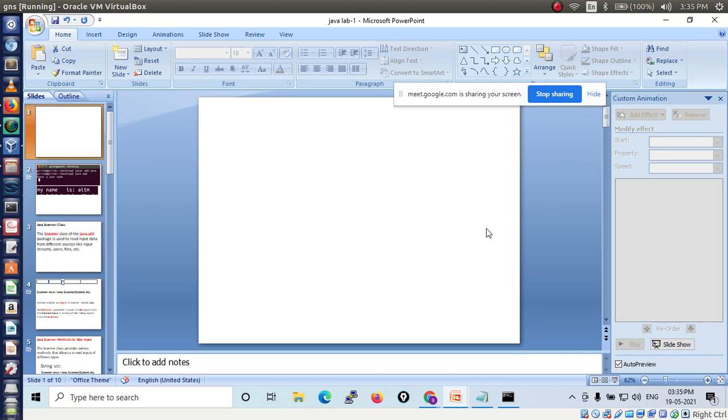I told this line three times, right? System is a class, out is an object, println is a method. Is that clear? So in Java, always remember what you mean by class, then object, then method. These are all important concepts. Okay, fine.